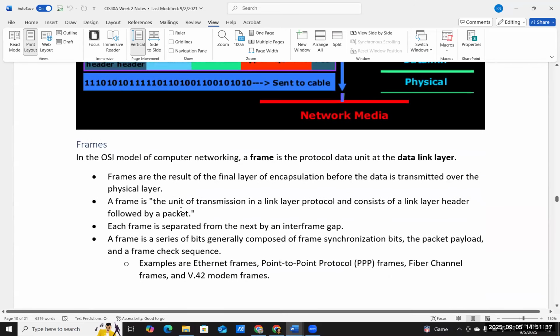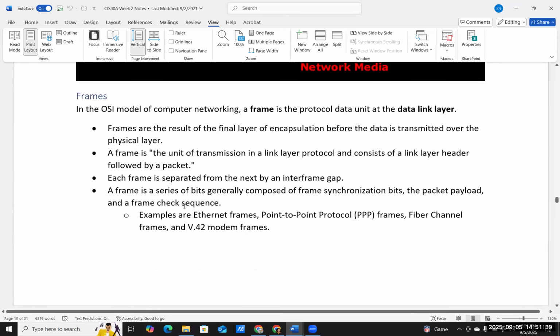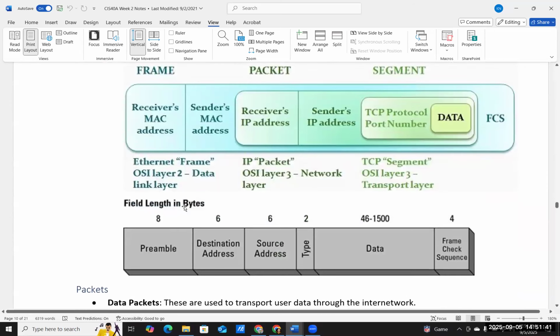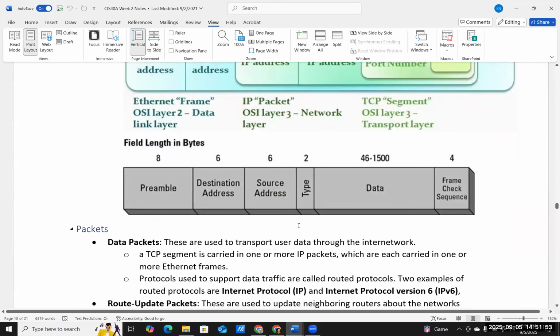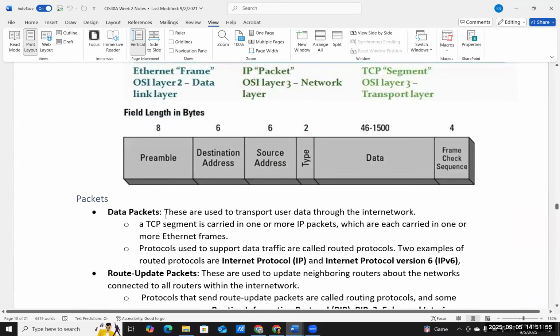Okay, so read a little bit more about our frame, what a frame is at layer 2, and what that looks like. So when we're using the protocol analyzer, we're going to come back to this. So you can see it at different layers through the applications. And then it talks about the packets here. Okay. Now,